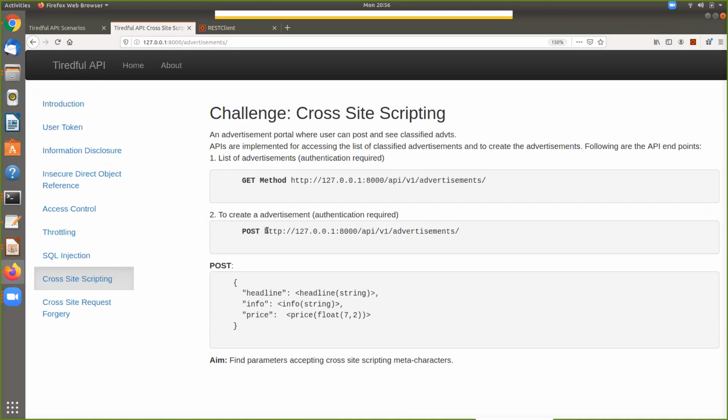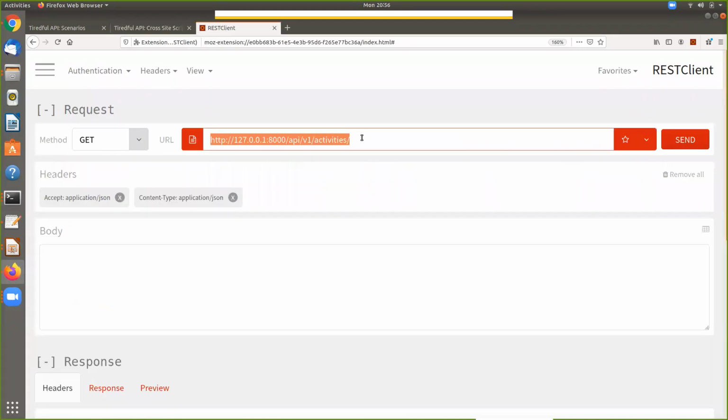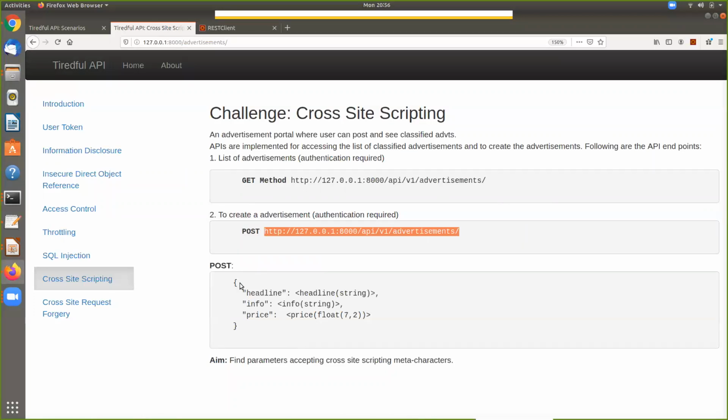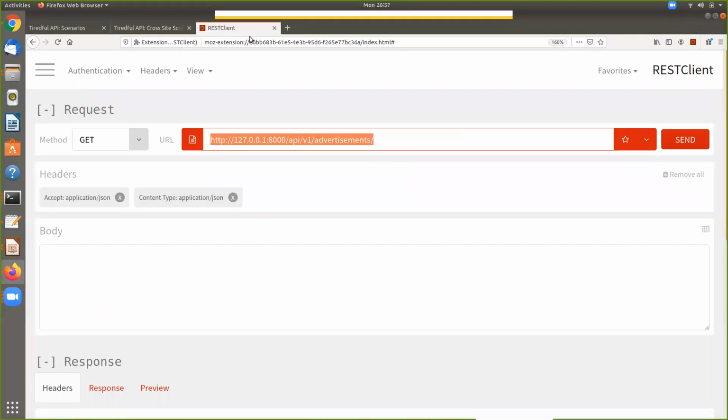So we have the site address. We'll copy that out and throw that into the REST client. Down here, we've got the body that we would want to include in that post. Again, the aim here is to find parameters accepting cross-site scripting and meta characters. Let's go back to Tiredful API and take a look.